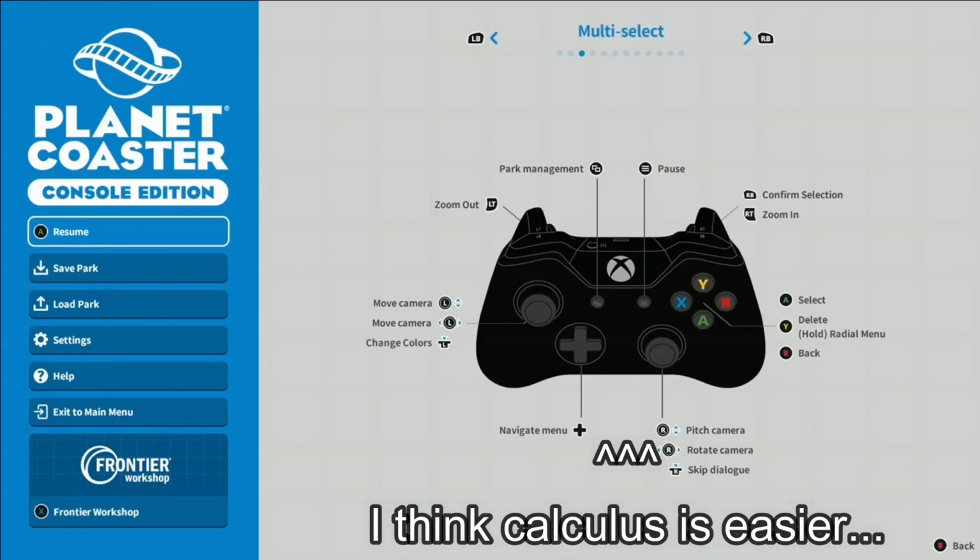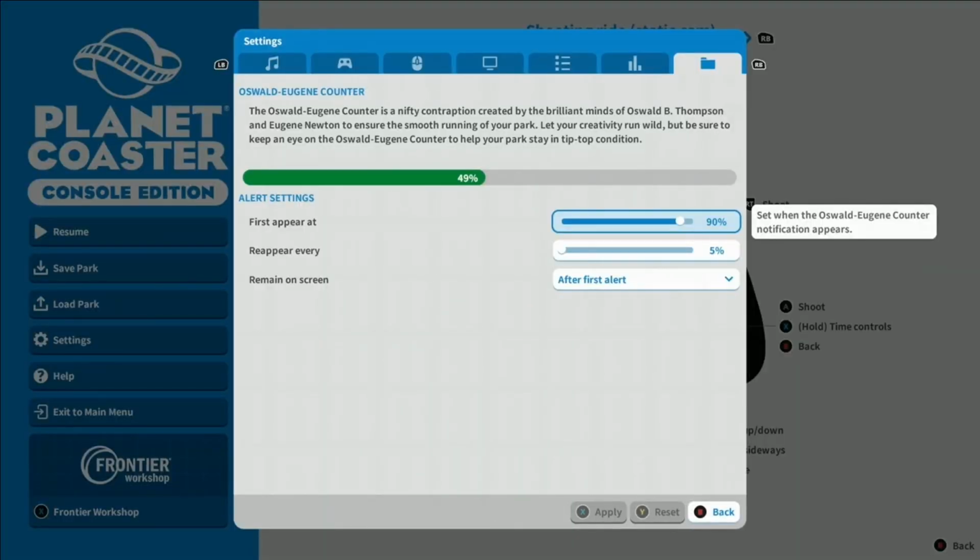Sorry, what? Ah yes, the Oswald Eugene counter. For those of you who are unfamiliar, this is basically a counter that counts every single thing in your park and basically counts it against you. On the Mac and PC versions, there is no such thing as the Oswald Eugene counter. However, due to consoles being limited in their performance capabilities, this had to be implemented in order to stop people